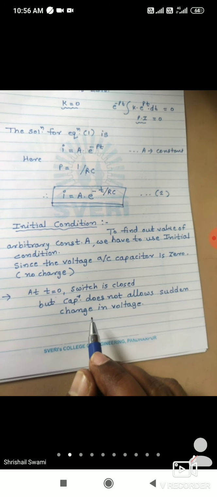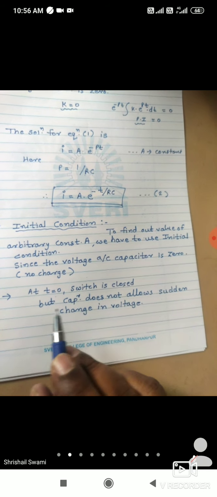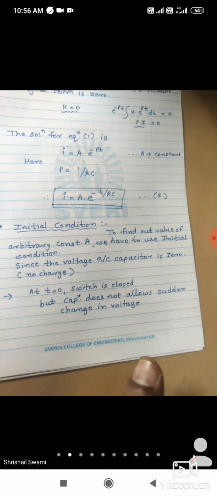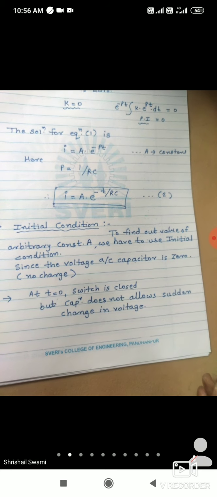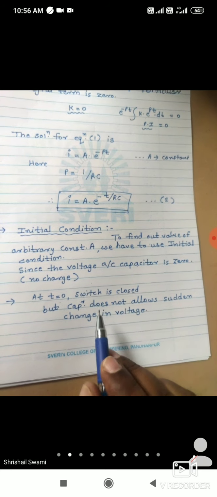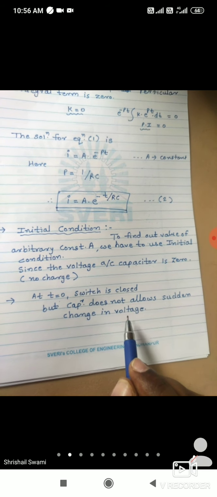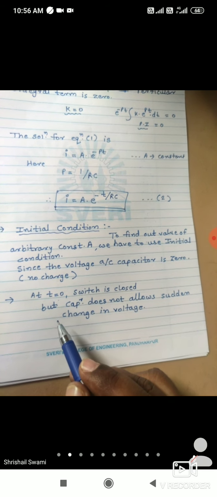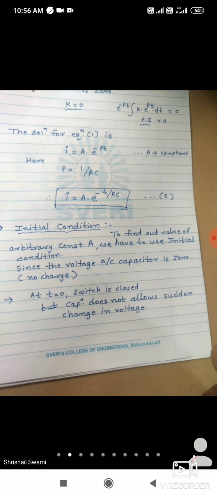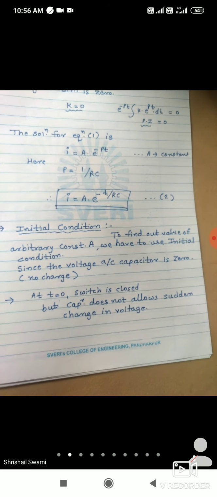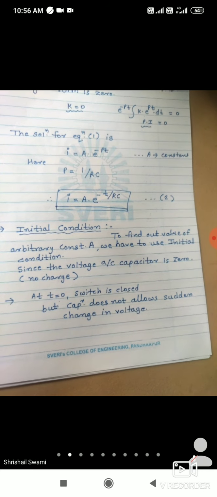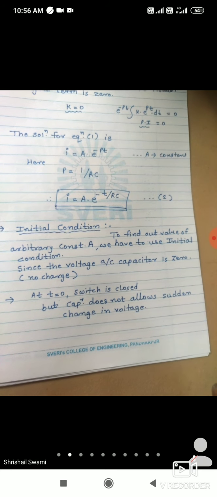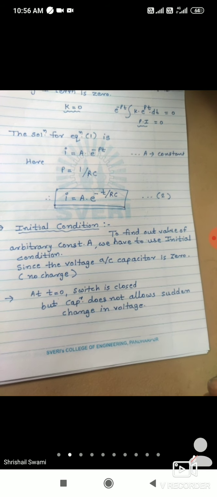बरोबर आहे? And when the current will start to flow, the value of current will never change for some time, because capacitor does not allow the sudden change in voltage. Even though you are changing the voltage from 0 volt to V at the input side, there will not be change in current value in the circuit for some time. Okay, and due to which we are getting the maximum current flowing through capacitor.